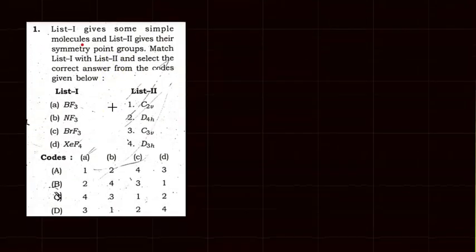The first question that we have: list 1 gives some simple molecules and list 2 gives their symmetry point groups. Match list 1 and list 2 and select the correct answer from the code given below. So in list 1 molecules are given and in list 2 point groups are given. What we have to do is take the molecules and find out the point group. So the first molecule given is BF3,